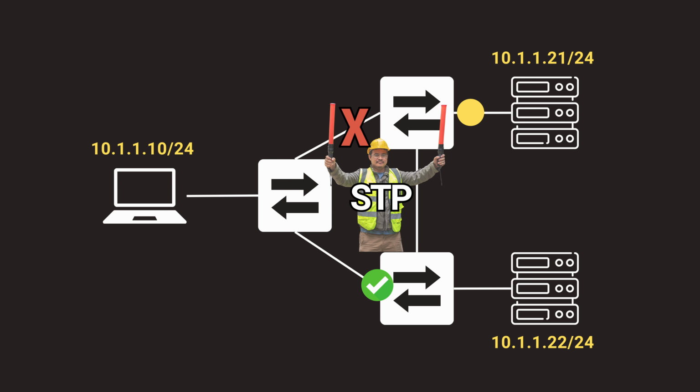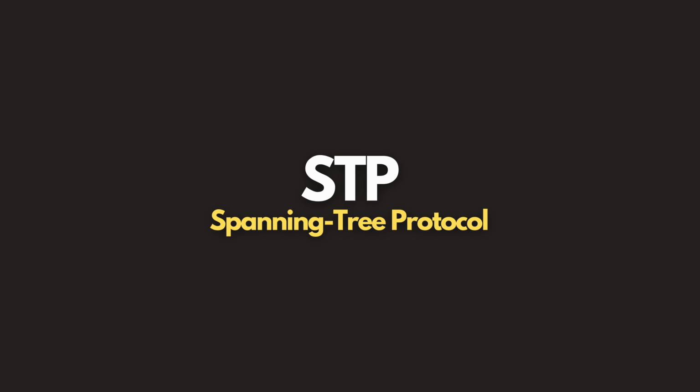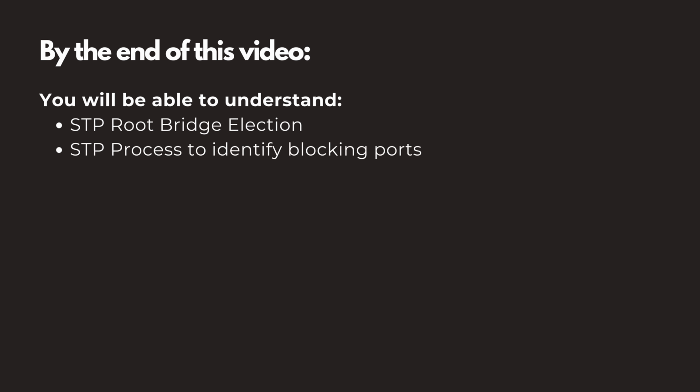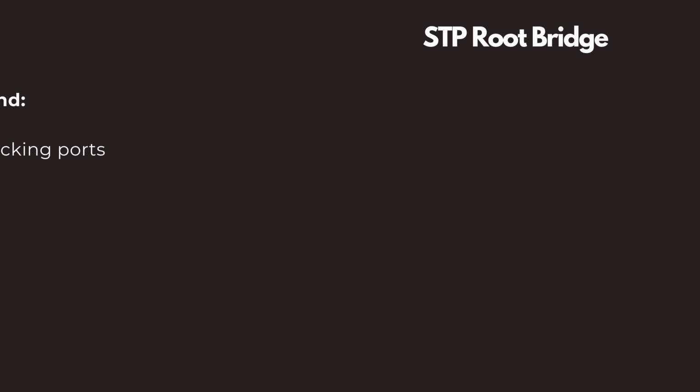the topology change. In this video, we will focus on the core STP operation, which are root bridge election and identifying blocking ports. By the end of this video, you will be able to understand STP root bridge election and STP process to identify blocking ports. So let's dive in. Almost all trees start from the roots, and with spanning tree, everything will start from the